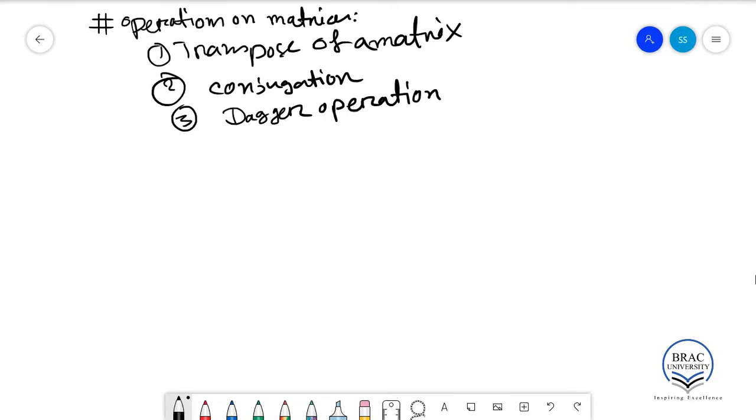Today we'll be talking about three operations on matrices. The first one is the transpose of a matrix. Second one will be conjugation, how we can conjugate matrices, and the third one is called a dagger operation. So let's start. The first one is what we call transpose